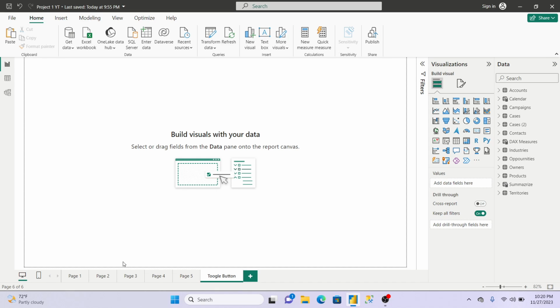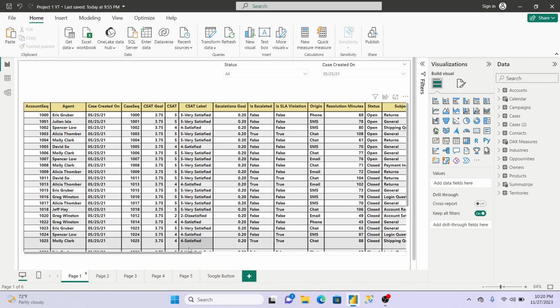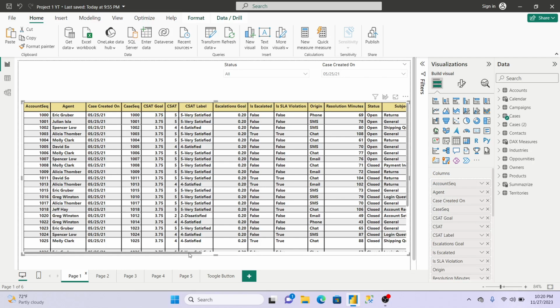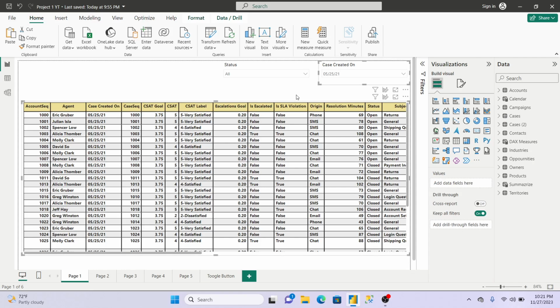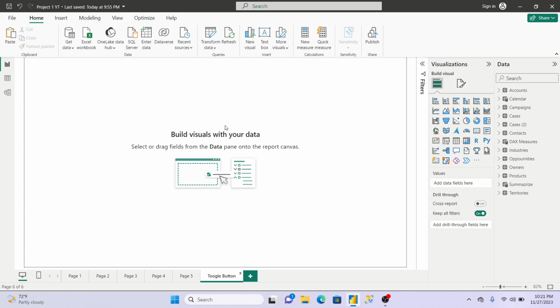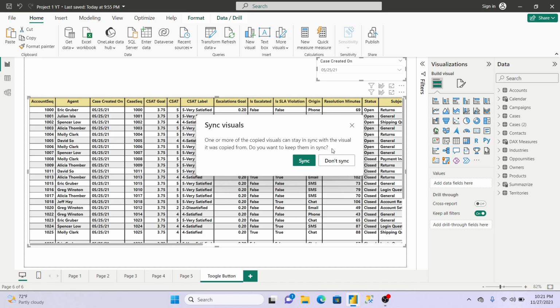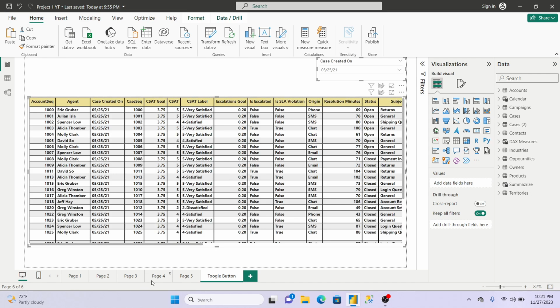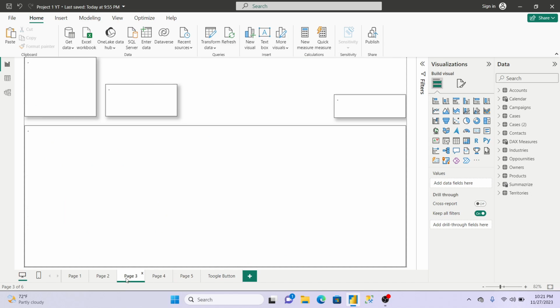Okay, very simple. So first of all, I will copy both visuals. Here I will paste, and again I will copy.